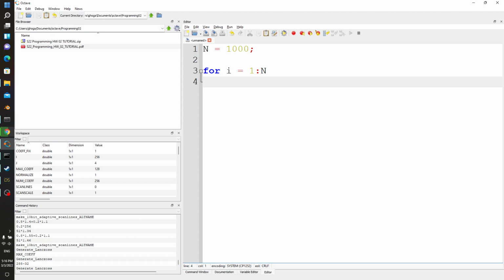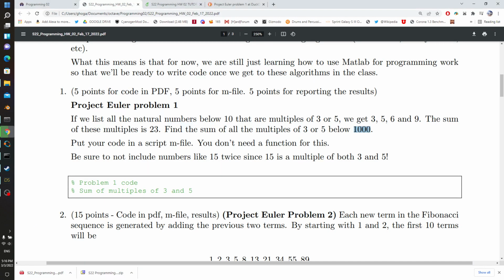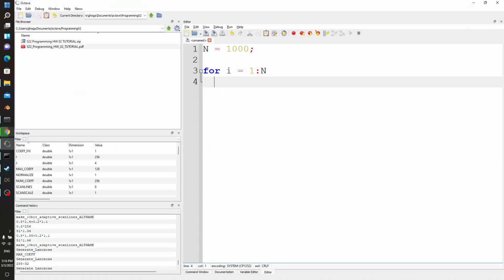And then we want to check if the number is a multiple of 3 or 5. Well, we know how to do that. We've talked about this. If you do mod the number and 3, if that's 0, it's a multiple of 3, right? So this statement is only going to be true if the number is